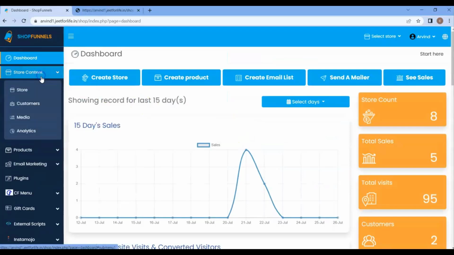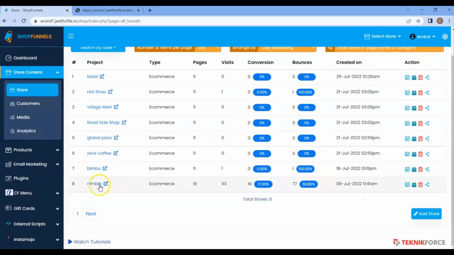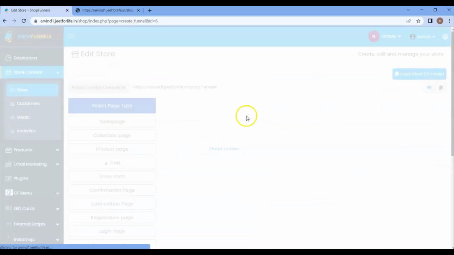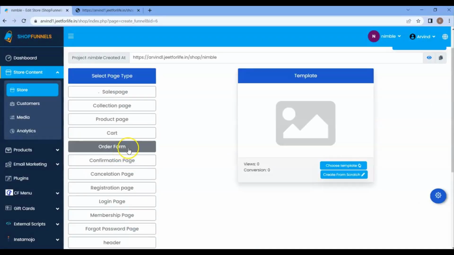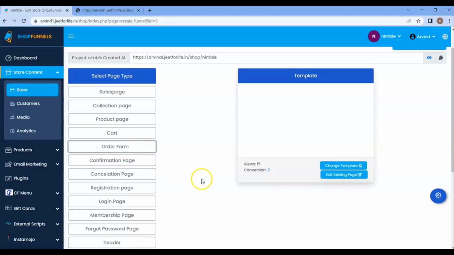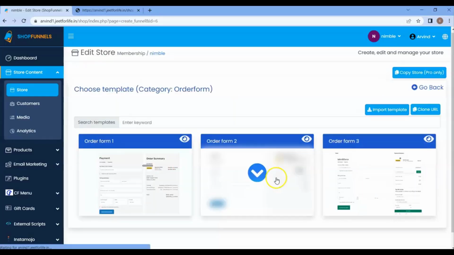Here on your ShopFunnels dashboard, click on Store Content and select Store. Then choose your store here. Click on the Edit Store button. Then from here, select your order form page. If you want to change the template, just click here on the Change Template button and choose the template according